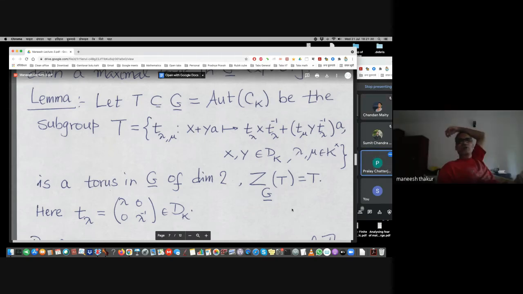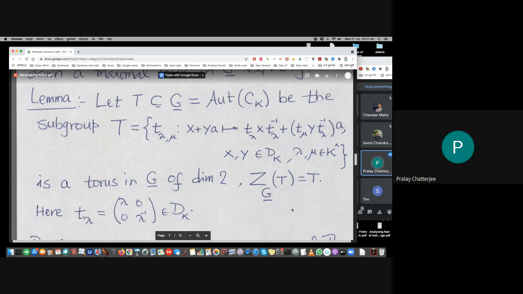But it doesn't matter, no? You call it determinant or you call it anything else. This torus will remain. I mean, that's okay. We are just writing down one explicit expression for a torus. So this T_lambda is your lambda 0 lambda inverse. That actually is creating a confusion for me.